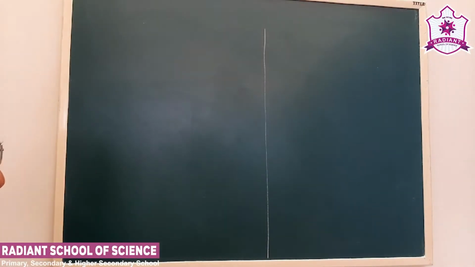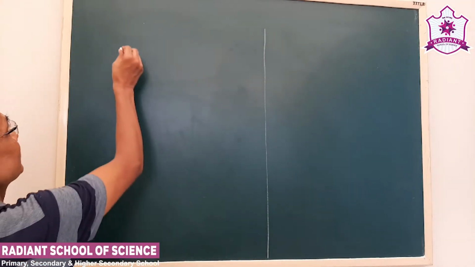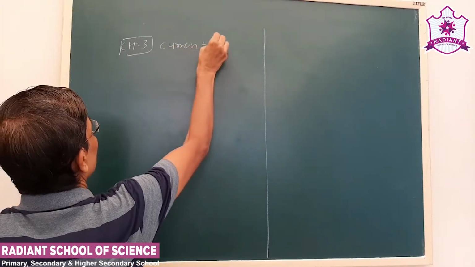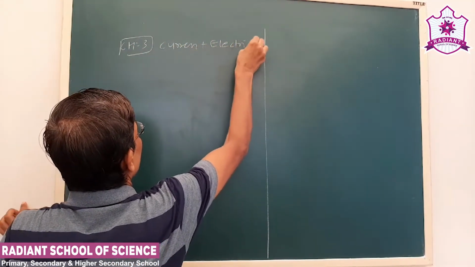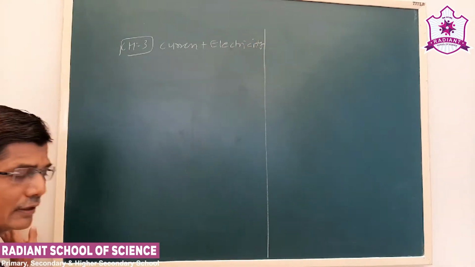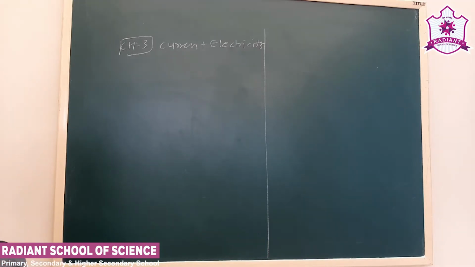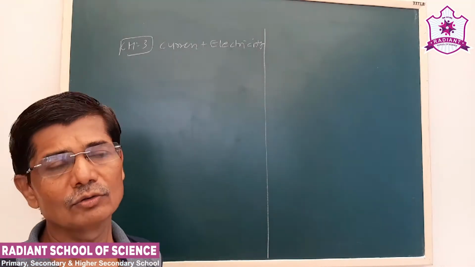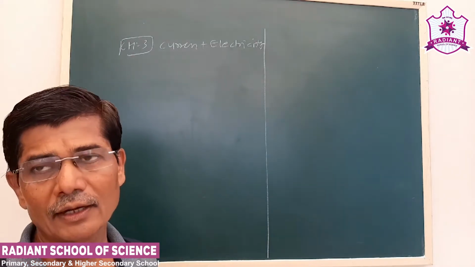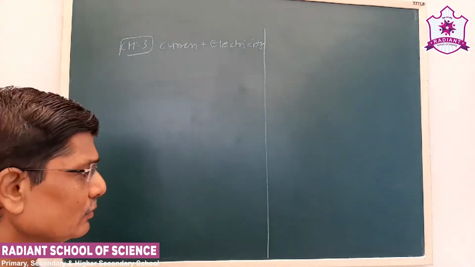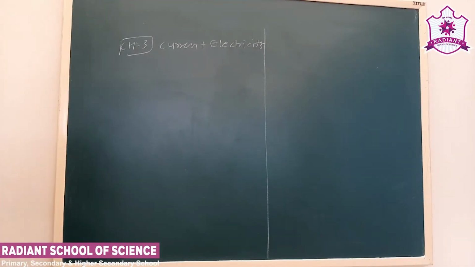Dear friends, today we start lesson number 3, that is current electricity. Now we know electricity is part and parcel of our day-to-day life. So in this lesson, we will study how the electric current is produced, and we have to study the various phenomena associated with it. Some of these things you have studied in the 10th standard also, that was the most basic thing. Here we are going to study in detail.